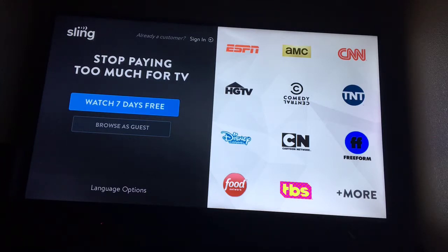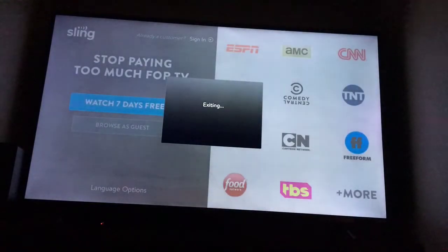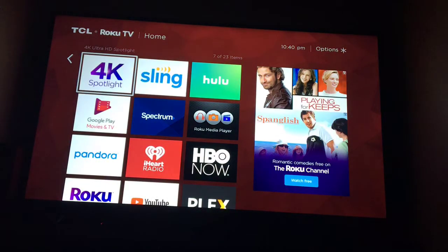Like I said, we're going to go back to the home screen, but if you're familiar with Sling, how much does it cost and is it worth it? So we're going to exit that one, and we're going to go over to this app that's called 4K TV. Now, this is the first 4K TV I've ever owned. It's a 4K Spotlight app, 4K Ultra HD Spotlight. I don't think I've ever watched a 4K video on this television to really see what that 4K is all about. But in the preview, it shows an Adam Sandler movie, something called Playing for Keeps,